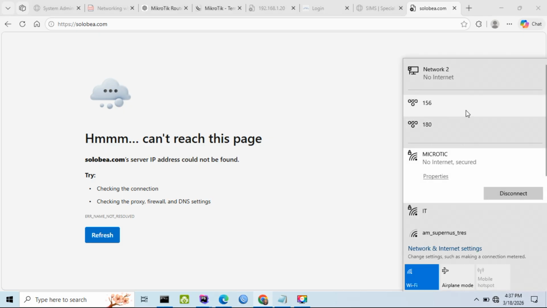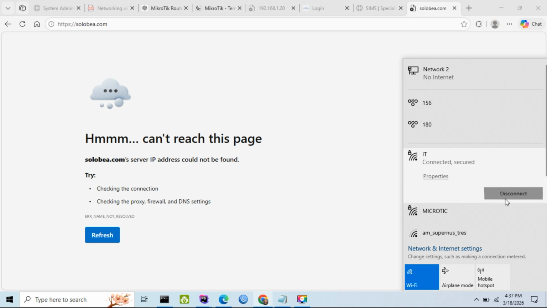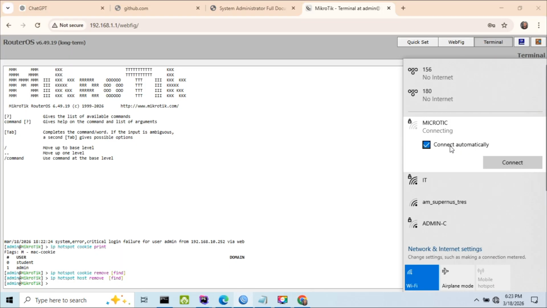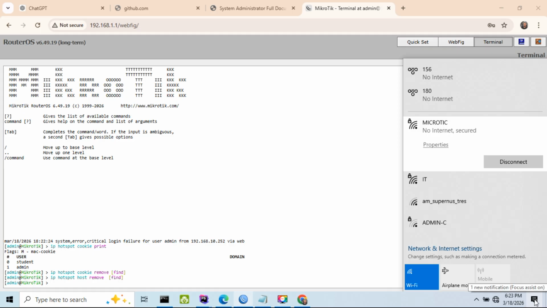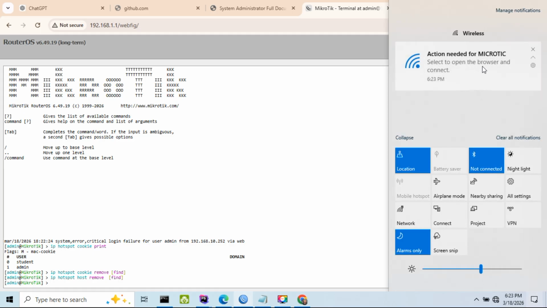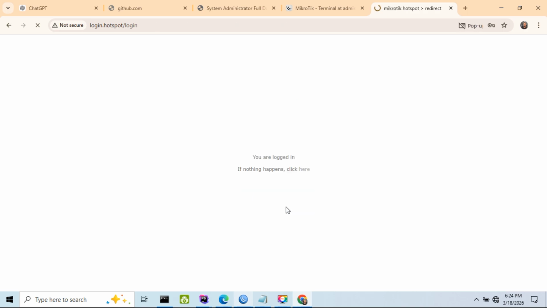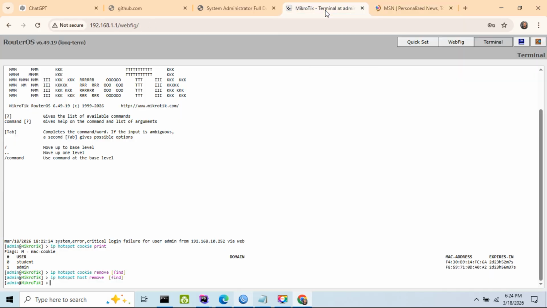And see what is happening. Maybe the previous user had authenticated and the browser was holding cookies. So if I connect again, I can see it redirects to the login page. The problem was the cookies. After clearing cookies with the hotspot cookies, you can see I am able to log in within the login page, and I can access the internet through the hotspot I created, and the interface that I'm connecting